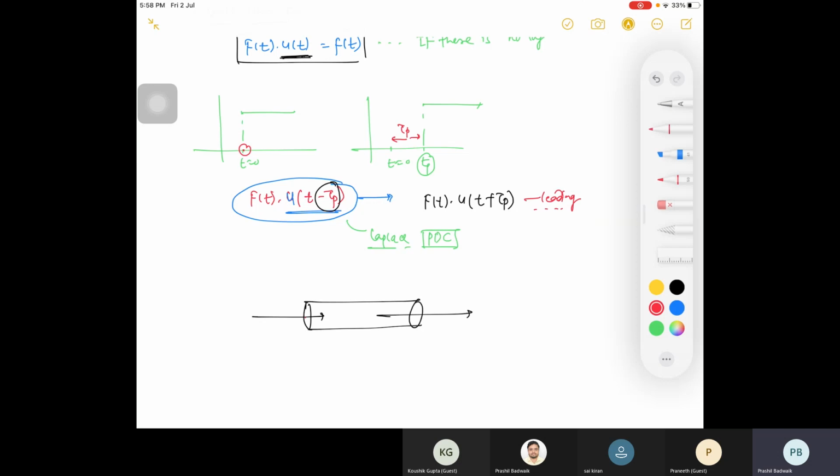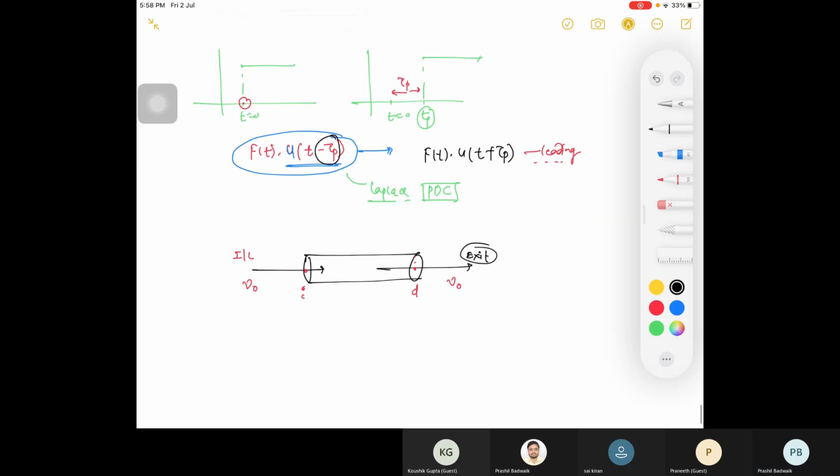This is your inlet. This is your outlet, or I'll say point of injection and point of detection. At the inlet there will be a volumetric flow rate of nu naught. Here at the outlet it will also be nu naught. Why? Because we are following the steady state assumption, right? So you will have this condition. So your inlet will be a step tracer injection, you can write.